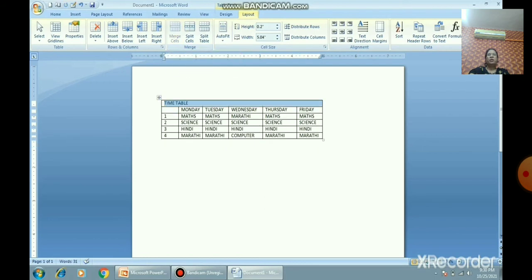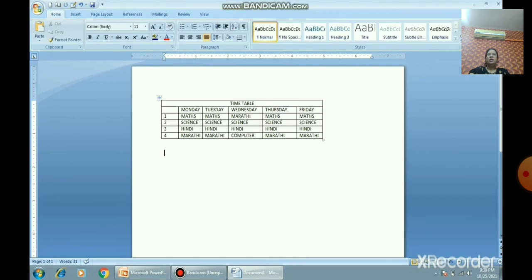With the help of alignment, you can use Center. This way you can merge the cells.